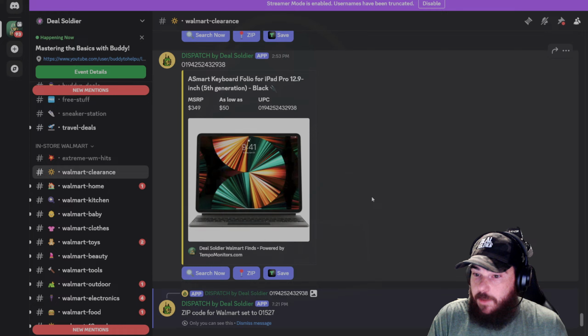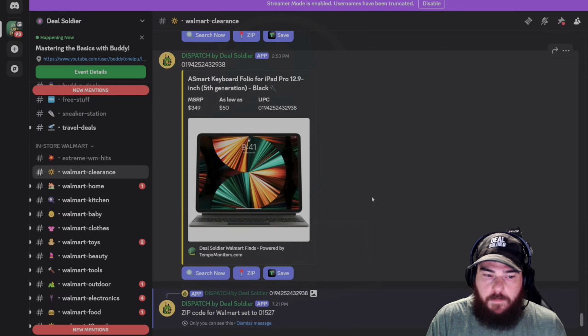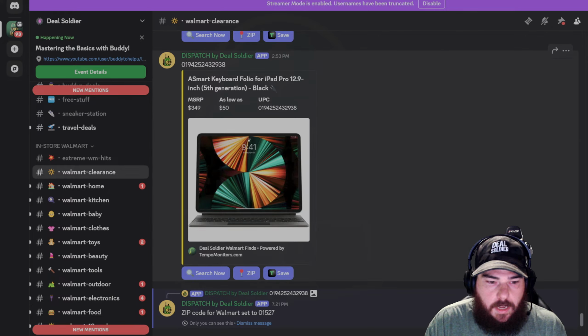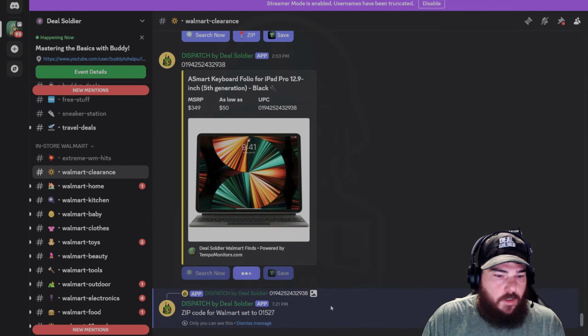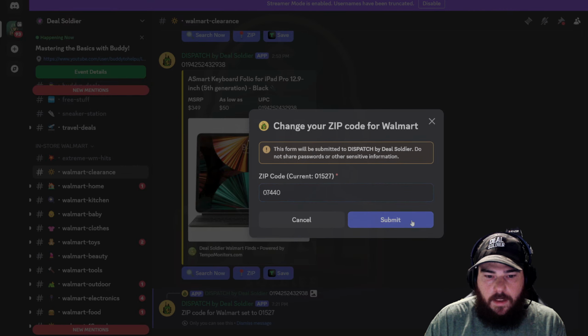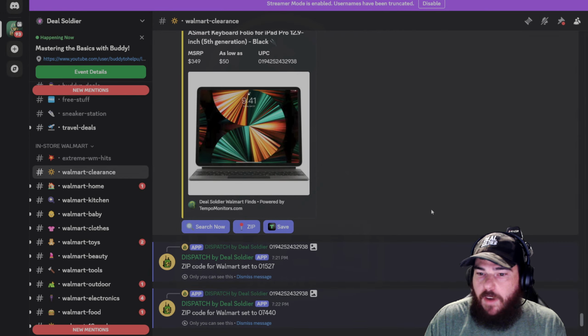So if you're visiting family, say you're in another state. Say I'm in Massachusetts now. I visit my in-laws in Connecticut. I can set my zip code to Connecticut, plan a route on my way back home, and make some money just for visiting my father-in-law. It's as simple as clicking it again. Let's put a New Jersey zip code in there. Now I have a New Jersey zip code set. I'm all ready to search.